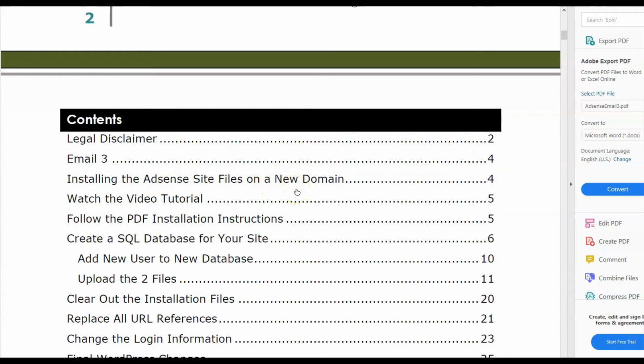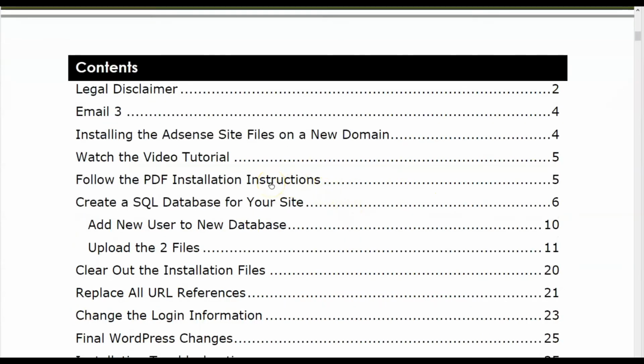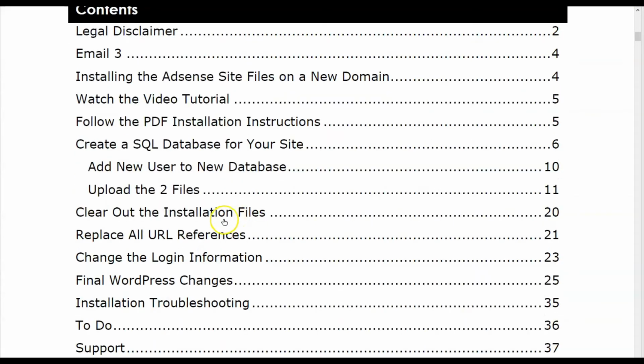Now this lesson alone is prime Erica, if you will. This is what she is really good at. She's very detailed. Her instructions are pristine. And if you get lost, she'll help you out.